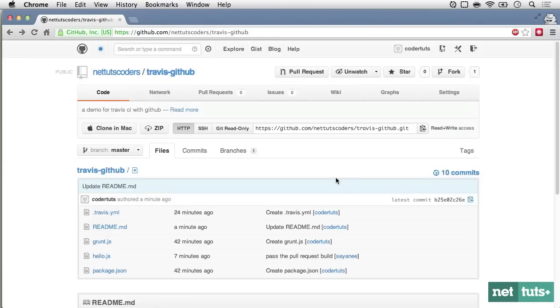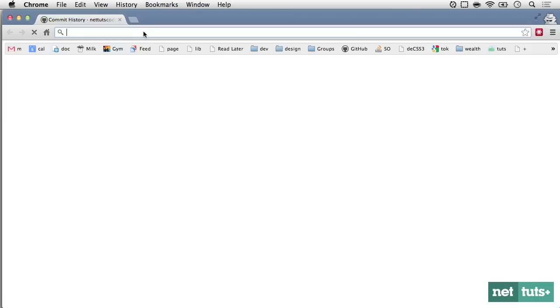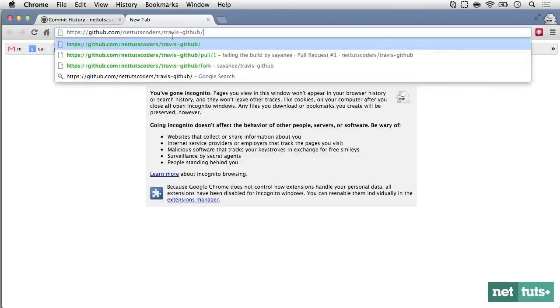Often when working in teams, we would want to have some little tools so that we can get the differences between the commits, who committed, what are the differences, so on and so forth. GitHub allows us some very cool little tools to do that. So firstly, we will go to this commits, where it will show us all the commits we made until today. And from here, let us do a little bit of comparison. So to do the comparison, I'll open up a new tab, and then it will be